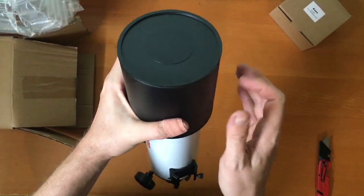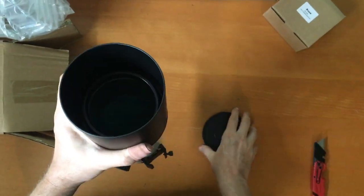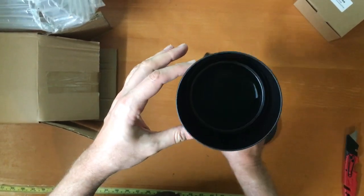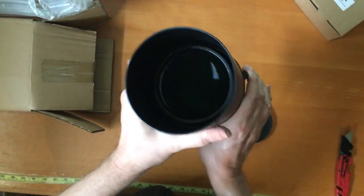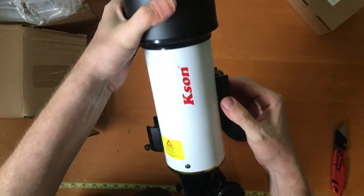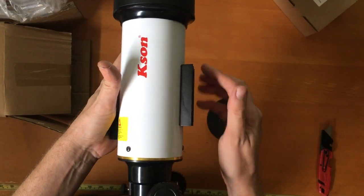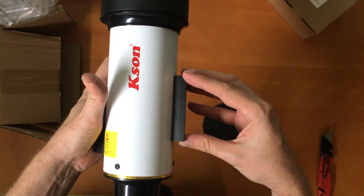First of all, it is a metal dew shield. We do have a plastic cap. It is probably the only plastic bit in the entire scope. This one here has got some lovely coatings. So it's a green, works really well, very good anti-reflective. As we can see, there's actually virtually no need for rings. It is very light. You also have got the Vixen plate, which is already firmly been fixed into the scope,